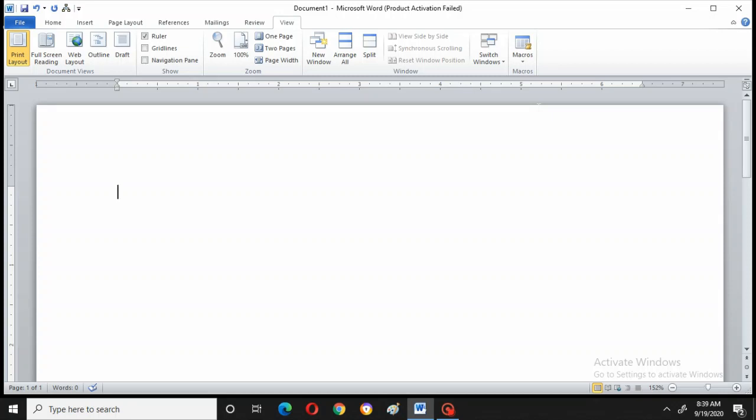If you want to use the same actions, continuous keyboard strokes and mouse clicks, multiple times, again and again, at that time you can use a macro.